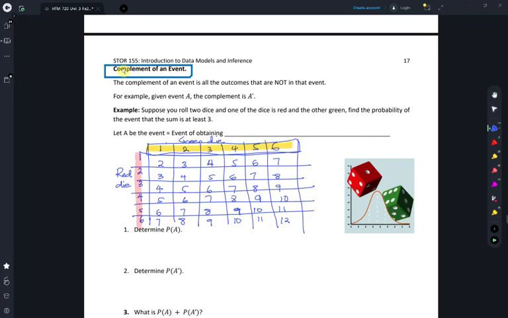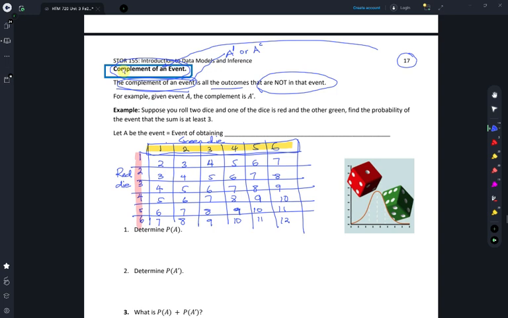In this video, we proceed to page 17, where we will talk about the complement of an event. You see, the complement of an event represents the set of all outcomes from the sample space that are not in the original event. In other words, if our interest is event A, then the complement of event A will be denoted as A prime or A with a superscript C, and it represents all outcomes that do not satisfy